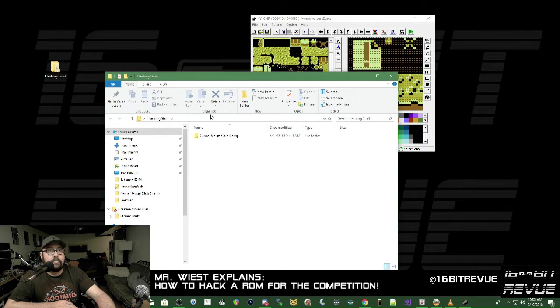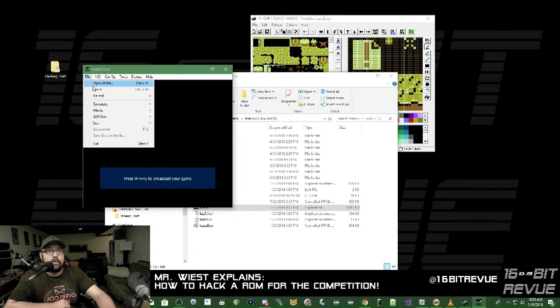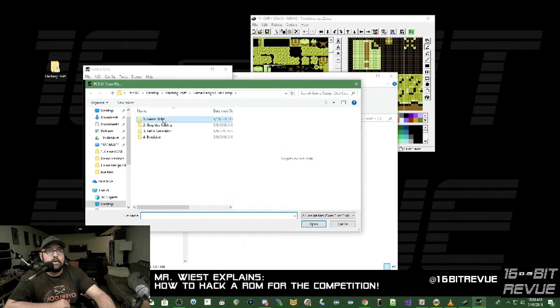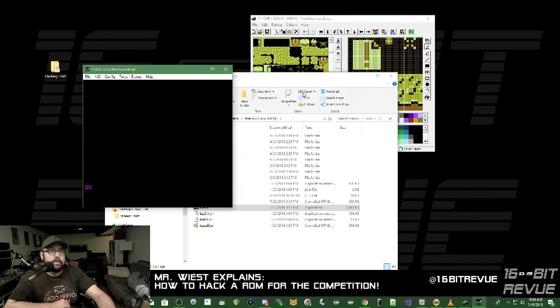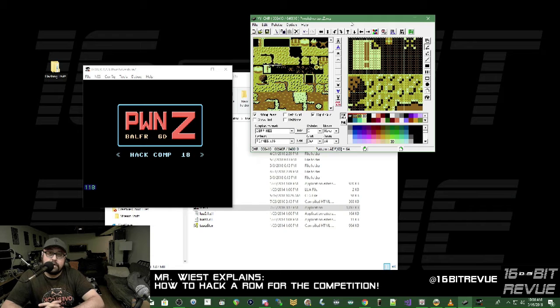So if we open it up, we'll go back, open up our emulator, and we're going to open our ROM, the one that we're working on. Let's just see what it does. Maybe it worked, maybe it didn't. The one thing that's weird about the way that the graphics are laid out is because of a technology called bank switching, which I'm not going to get into, it's not uncommon for there to be multiple instances of the